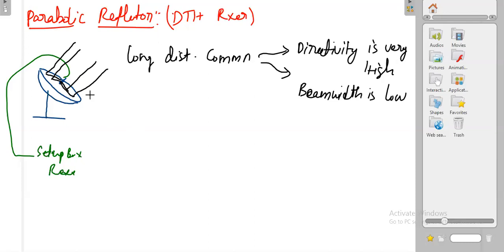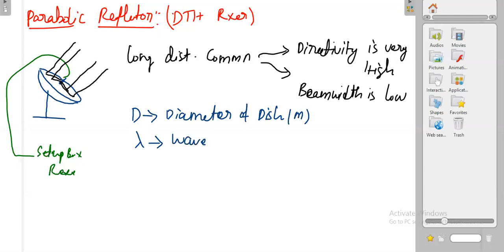Before that, you should know the diameter of the dish, which I call D, in meters. Don't get confused between diameter and directivity, for both we use the same notation. Once you know the operating frequency, you can calculate the wavelength. Once you know these two, you can directly calculate the directivity. So directivity is equal to 10